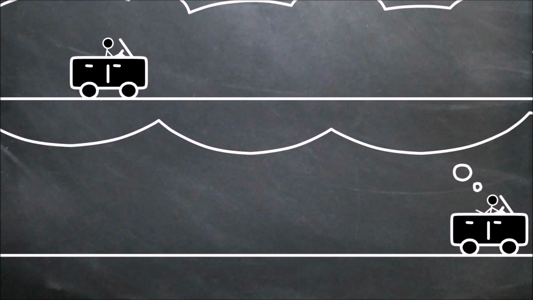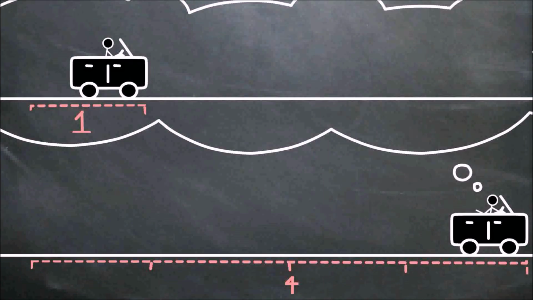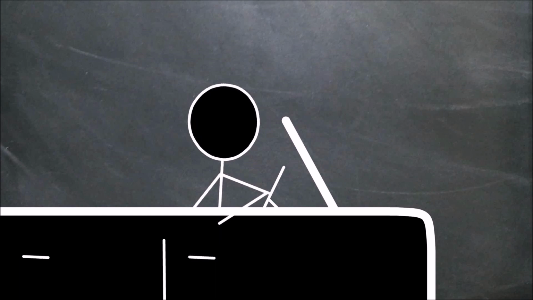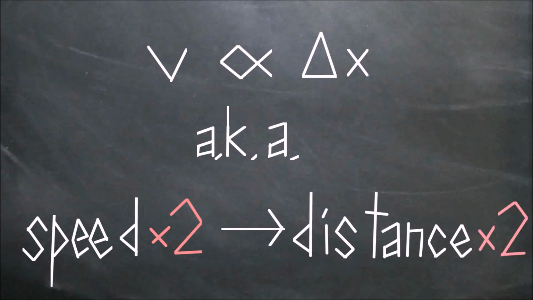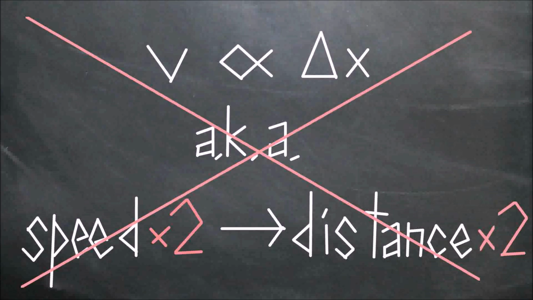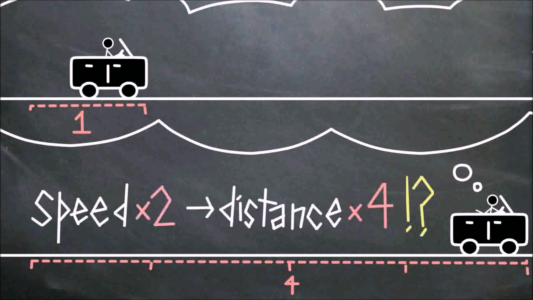Okay, it looks like you actually traveled 4 times as far while stopping, even though you were only going twice as fast. Don't feel bad, my friend. It's a common misconception that stopping distance is directly proportional to driving speed. That is, when speed doubles, you might think that it takes twice as far to stop, even though this is untrue. What's going on here? Doubling speed quadruples the stopping distance? Where did that extra distance come from?